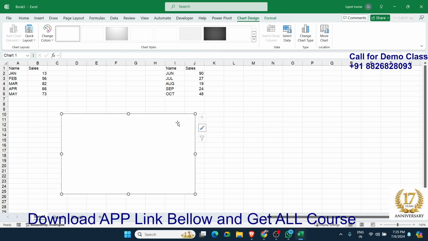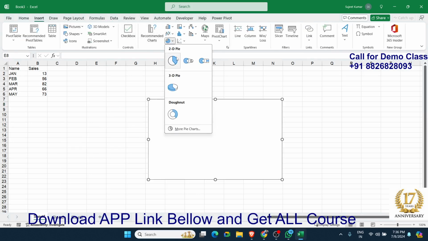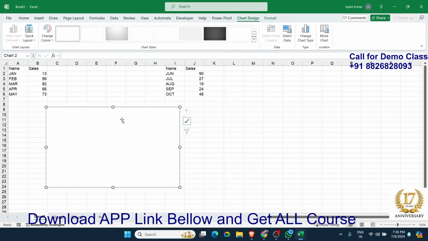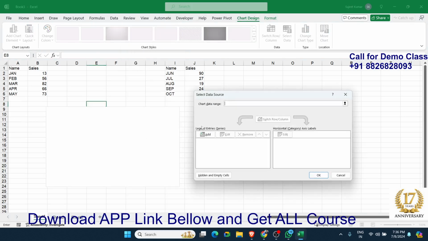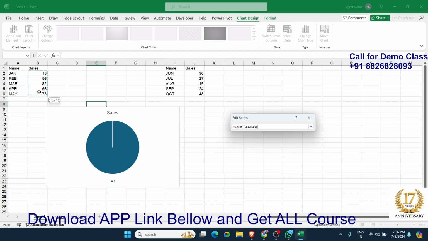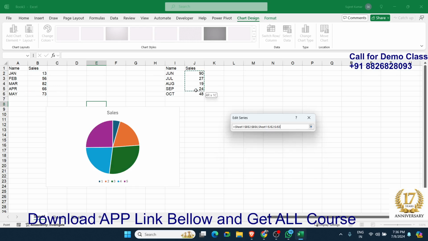So first we create one blank pie chart. Click any blank cell, go to Insert, and click here on Pie Chart. So this is the blank pie chart. Then right click and click on Select Data. And here we give the Sales. Now we select the first cell, then comma, then the second cell,